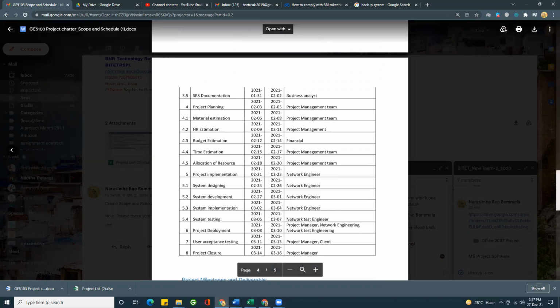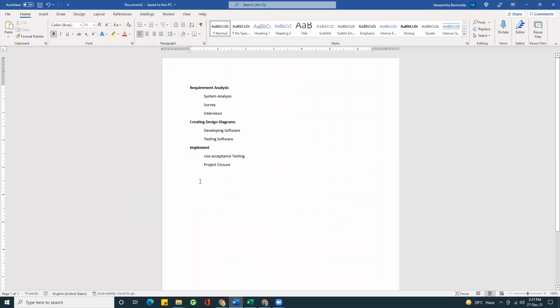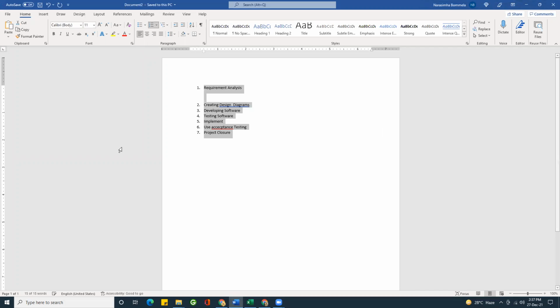To start with, let us assume you are working on a software development project. For your project, what are the main works that we perform that should be listed initially? For example, our project might involve these important activities. Maybe I identified 7 important works that will be performed as part of developing and implementing a software system for an organization.